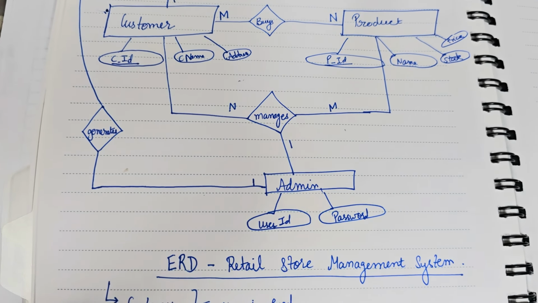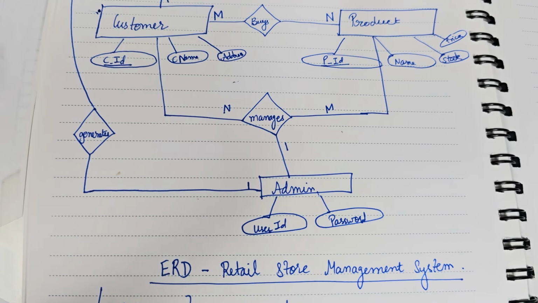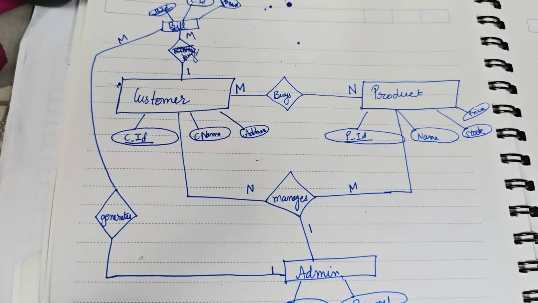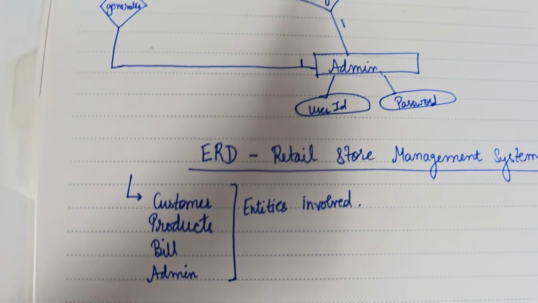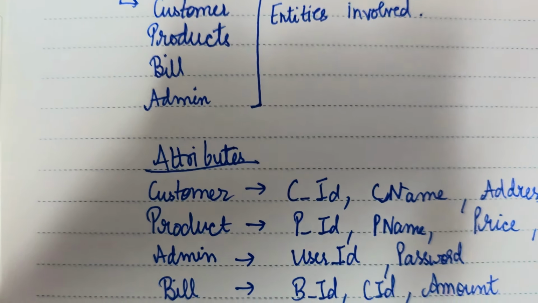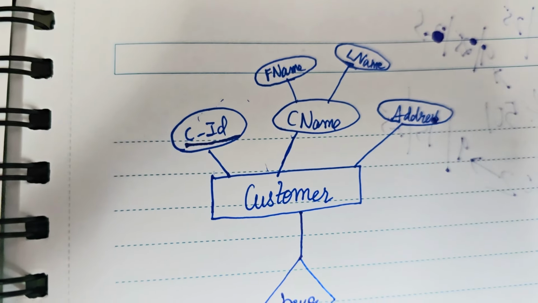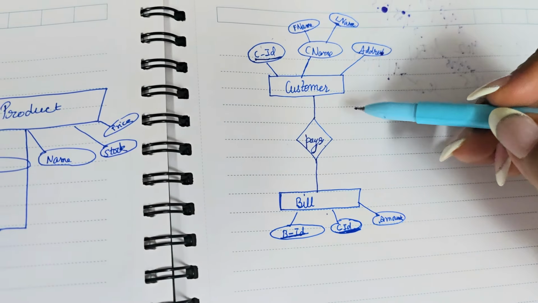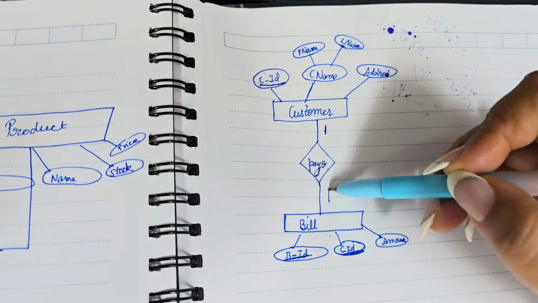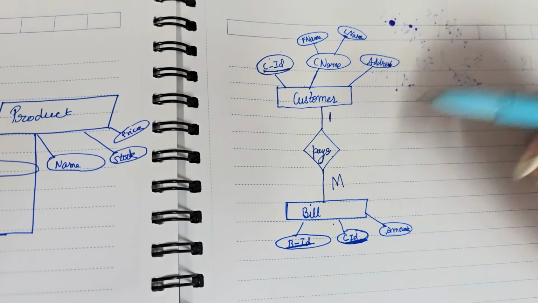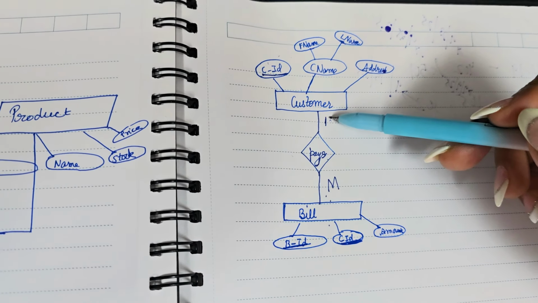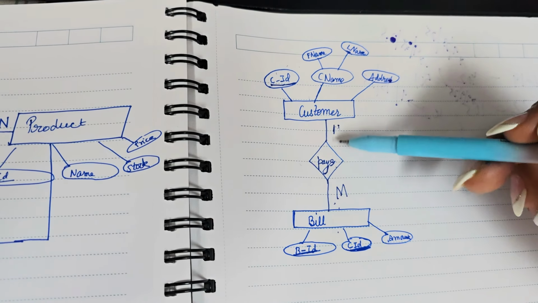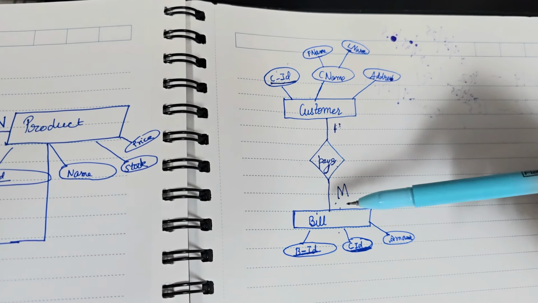If you are given a question to create an ERD for a retail management store or for any system, you can write down your assumptions, think about the entities which could be involved, then their attributes, and then create these entities, put relationships between them, and then put the cardinality. Like one customer can pay multiple bills, but one bill cannot be paid by multiple customers, because the same bill cannot be paid by multiple customers. It will be paid only by